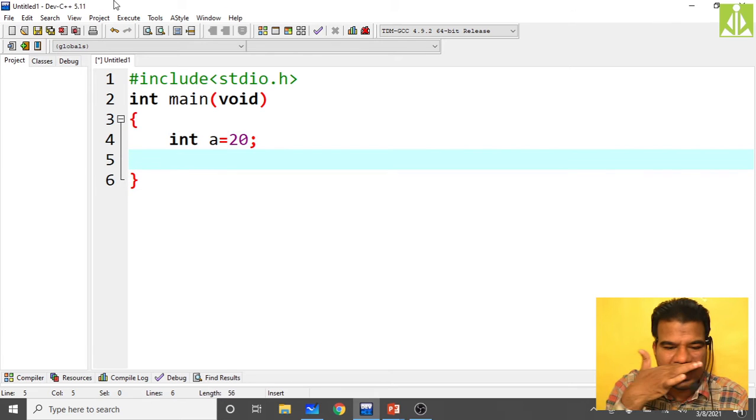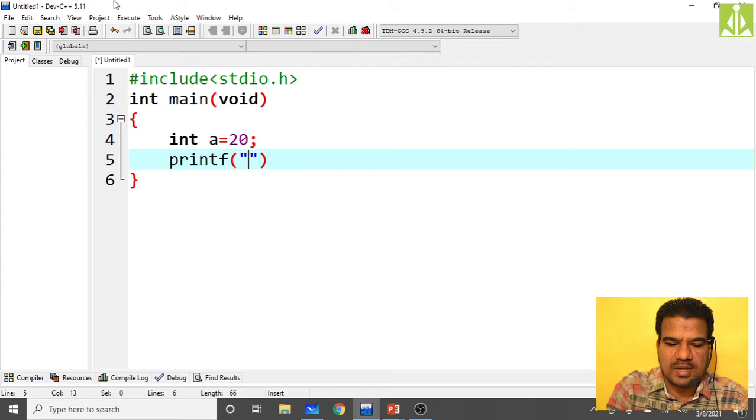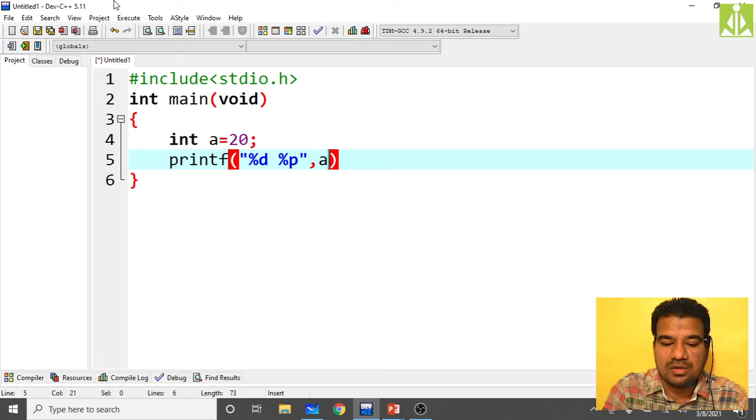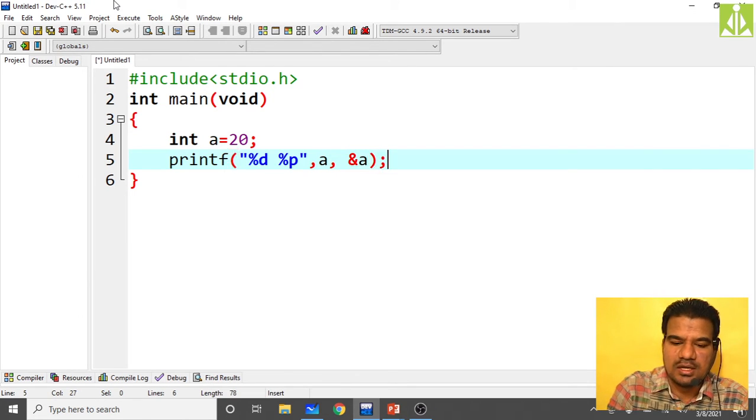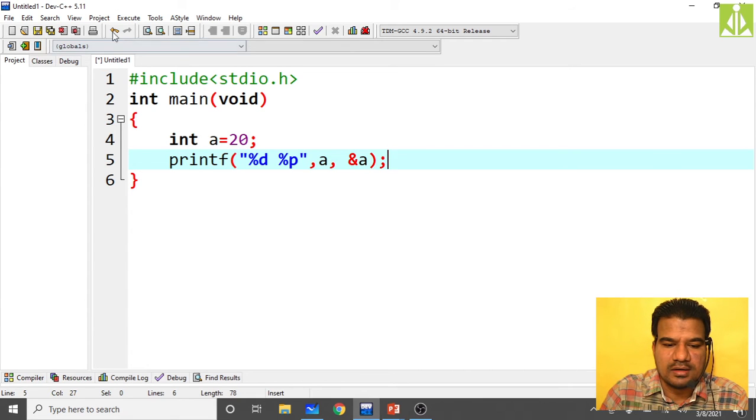Now I will print both the value as well as the address of this variable a. Percent d for value, percent p for address. For value, simply pass a, and for address, pass ampersand a. At the end put the semicolon and save the program.